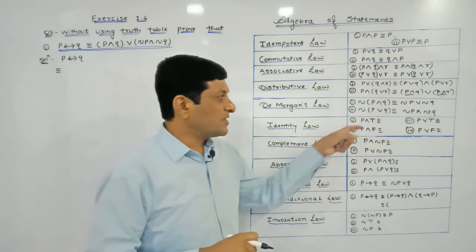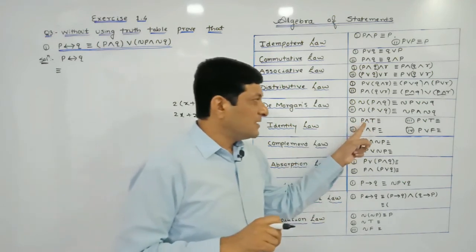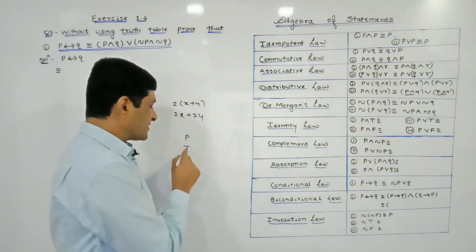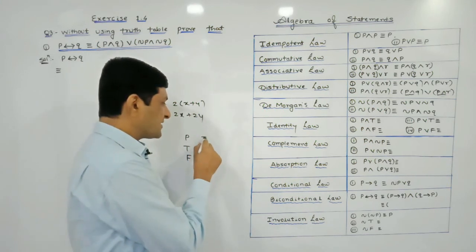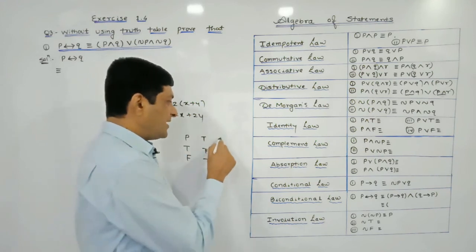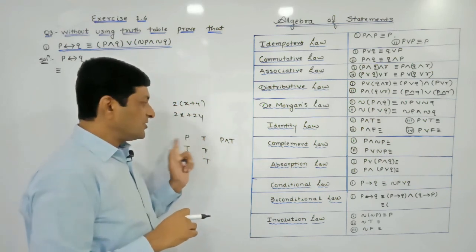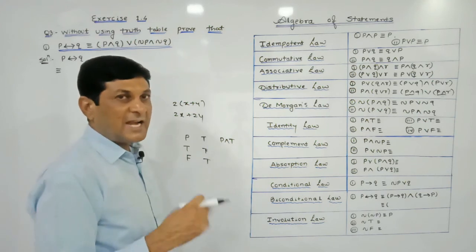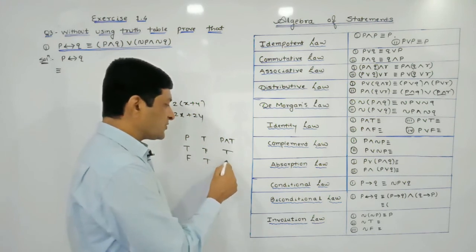Now let us discuss what the value of P and T is. Let us consider the first statement P. P is a statement, so its truth value is either T or F. The truth value of the second statement is true, that is, the second statement is always true, it is given to us. We are finding the truth value of P and T, connecting these two statements by 'and'. In case of 'and', if at least one statement is false, 'and' will be false. Here false is not there, so it is true. Here one false appears, so it is false.